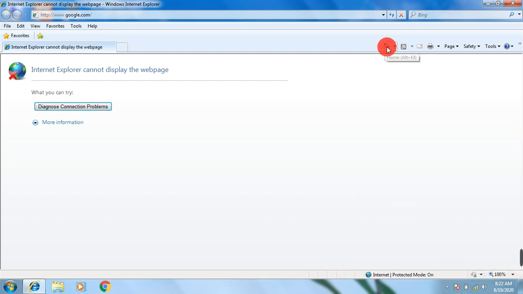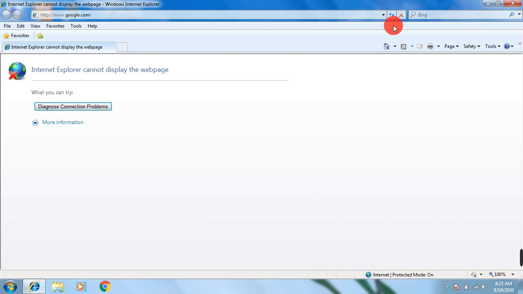And here these are your command buttons. Here you can find this is your home, this is your print button, and page option, safety option, tools.